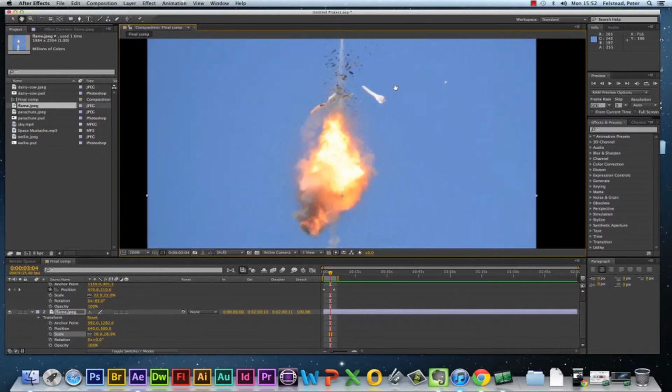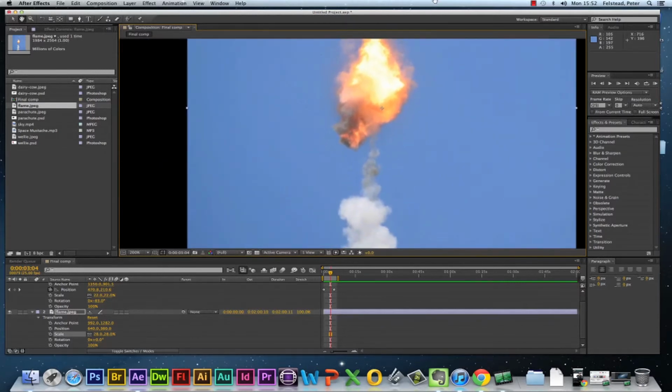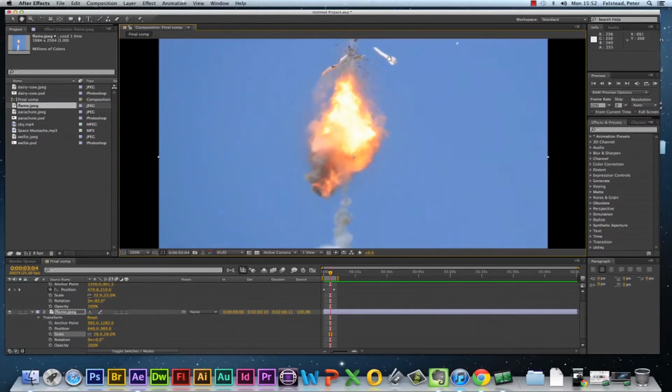So what I actually want is this part here, the flame. So what I'm going to go and do now is cut that out by using a mask tool. So make sure your flame layer is selected, select the pen tool, and then just very carefully click. Every time you click, the line will be drawn a bit further. So I'm just clicking